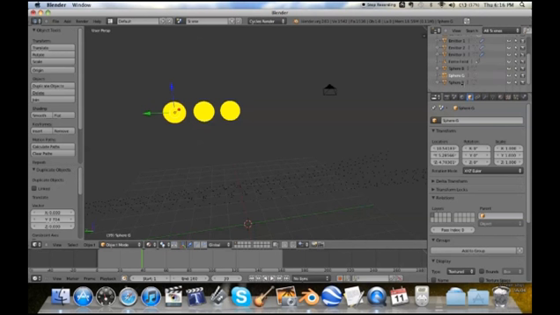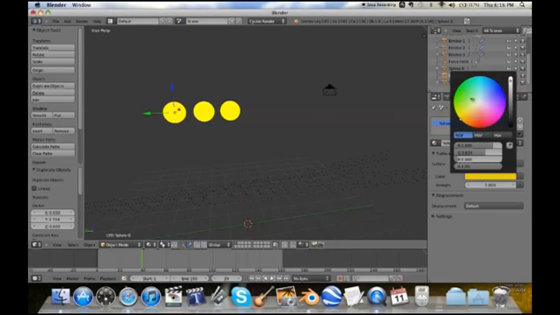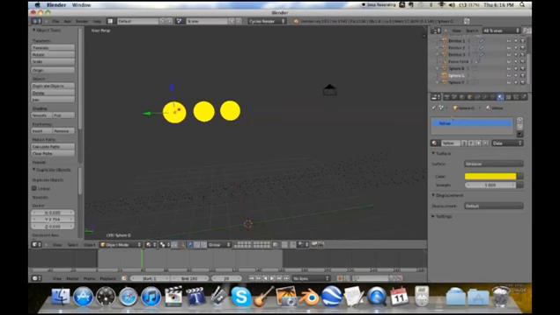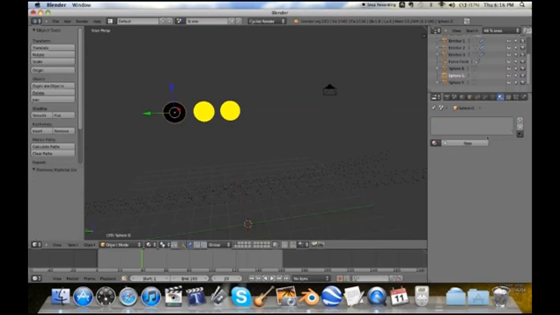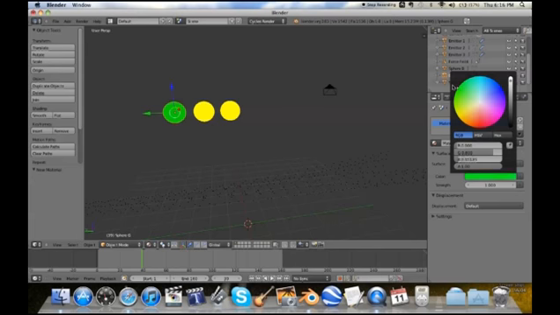So sphere Y, G and B for yellow, green and blue. And now we have to obviously update all these materials, but you'll notice if I just go onto the green sphere, for example, and tell it to become green, all 3 will become green. And that's because at the moment they're all sharing the same material, so we have to remove that material, add a new one, add a new material, make it green,